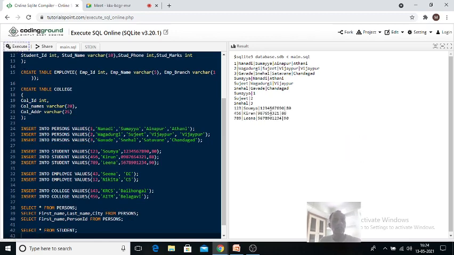1, 2, 3, Sumaya, this is the phone number and percentage. Okay, similarly, sorry, not Sumaya, Soumya. Got it? So Kiran, Leena, all their information. This is the information of the student table. These are the values, 3 values are there. Similarly you can do whichever columns you need. Okay, and all. Got it?